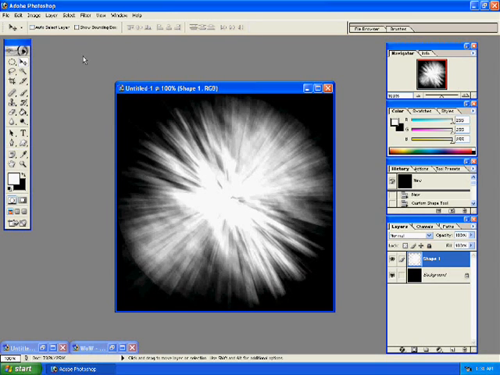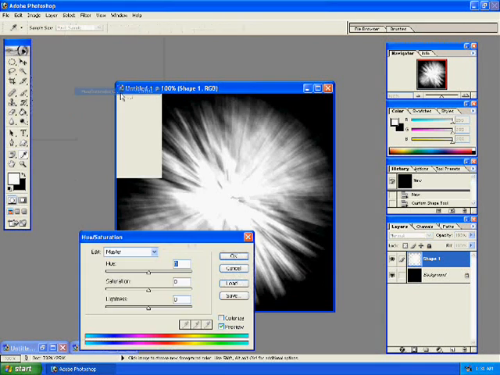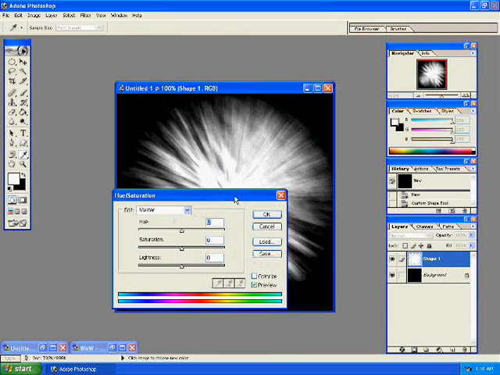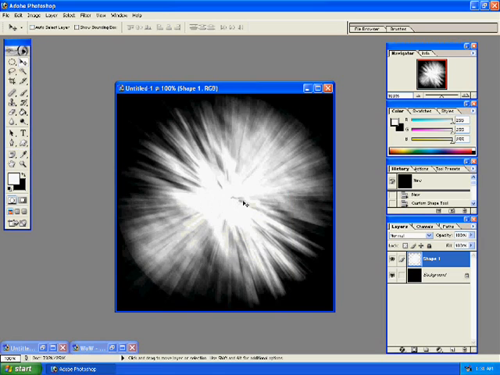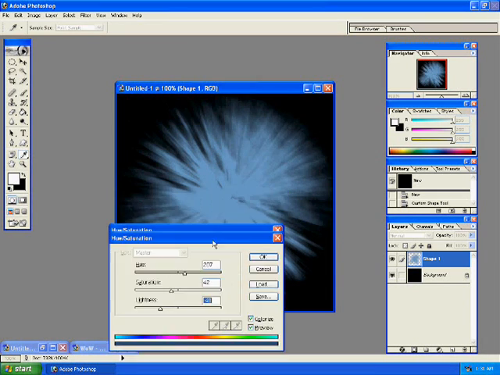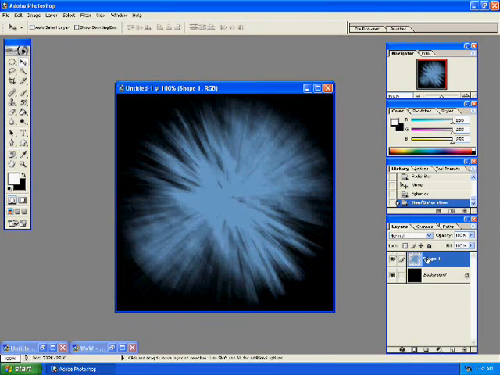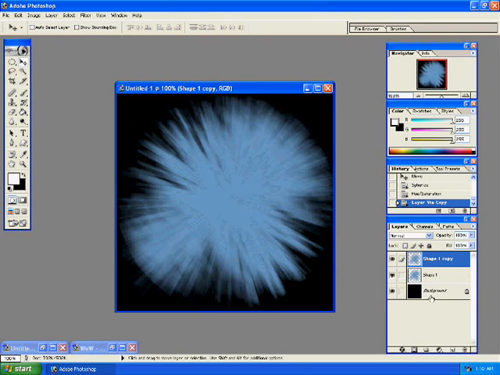To pull up image adjustment, hue/saturation, that's a long way to go if you're in a hurry. You can just press Control U and click on your colorize. I'm going to set the hue to about 207, saturation to about 40, and let's set the lightness to -41. That looks pretty good. Okay, then come down over here to your layers and press Control J to duplicate this